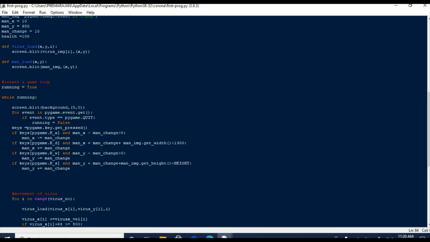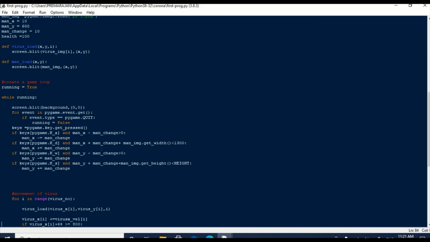Here please observe a few aspects. We have set the screen width to 1300. We have limited the movement of the virus to 800 pixels to the right because our plot has it that the scientists have created a UV wall which the virus cannot pass. We are providing a safe zone for the man beyond 800 pixels and he is given freedom to move anywhere on the screen. We have used a Python function get_width to get the width of the image of the man.